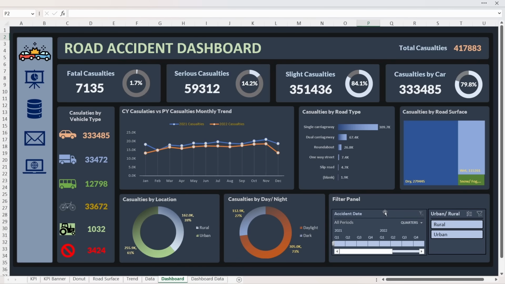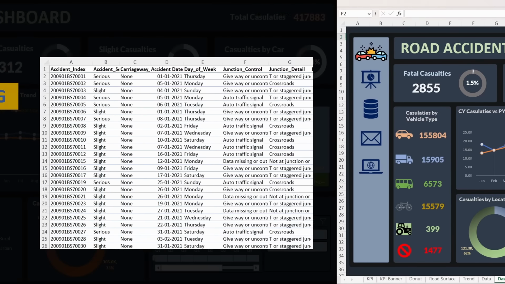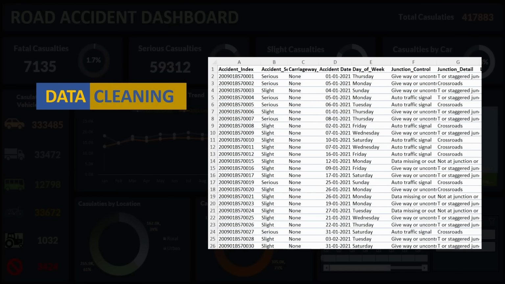We have one more filter over here, which is the accident date filter, or a timeline filter. So if I want to see a particular year, if I see 2021, the data will be given in front of us for that respective year. Similarly for 2022. And so in this particular Excel project, we will be learning different things and solving this particular